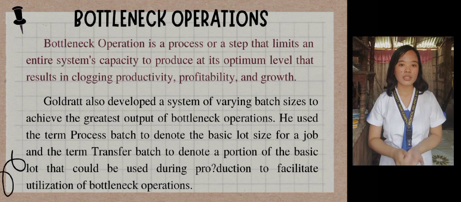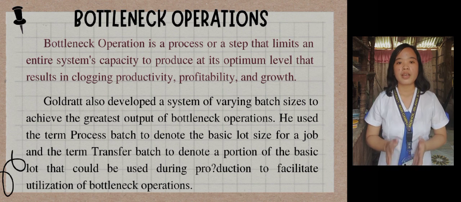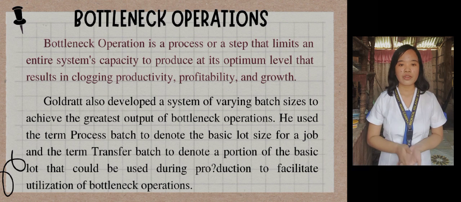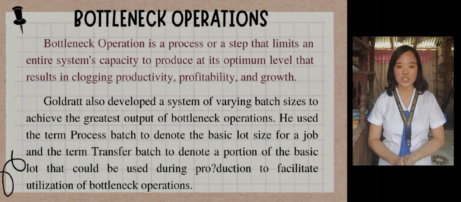So process batch is the economical quantity to produce upon the activation of a given operation, while transfer batch is the quantity to be transported from one operation to another, assumed to be smaller than the first operation's process